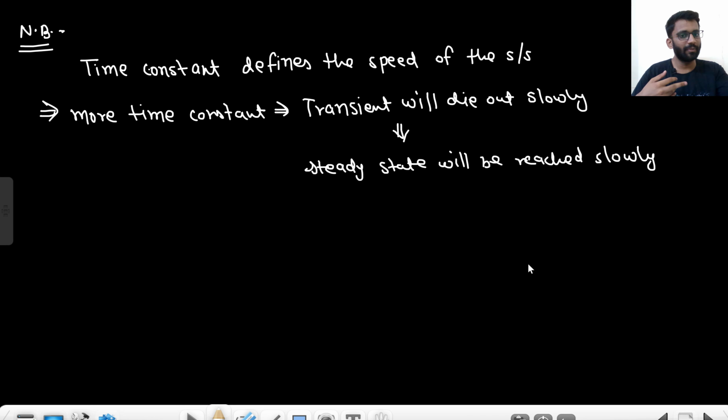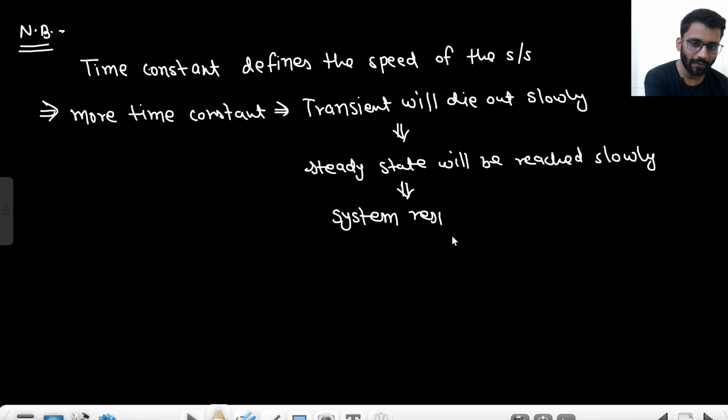That means steady state will be reached very slowly. That means the system response is slow. So more time constant means system is slow, and less time constant means